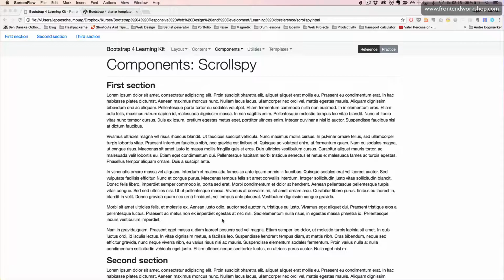Scrollspy. This component is used to automatically update navigation targets based on scroll position. If we look at our reference section here, we see that we have a fixed nav component in the top of the screen. When we scroll down our sections, we will see that those tabs will become highlighted one at